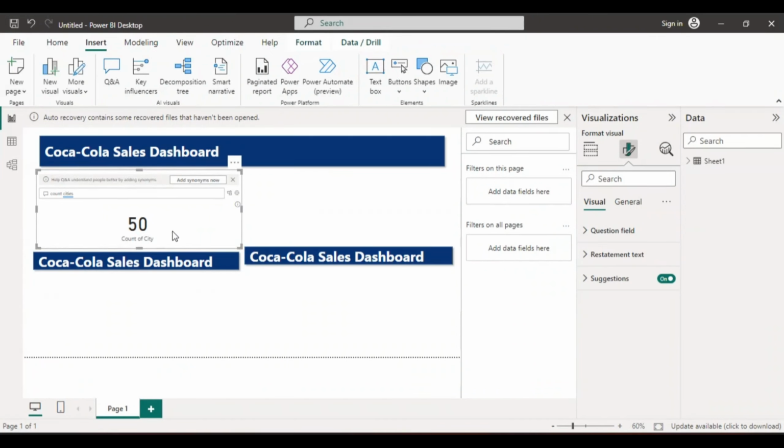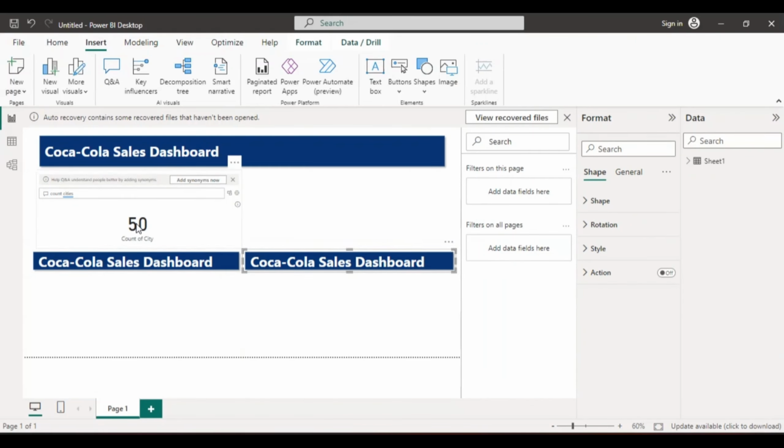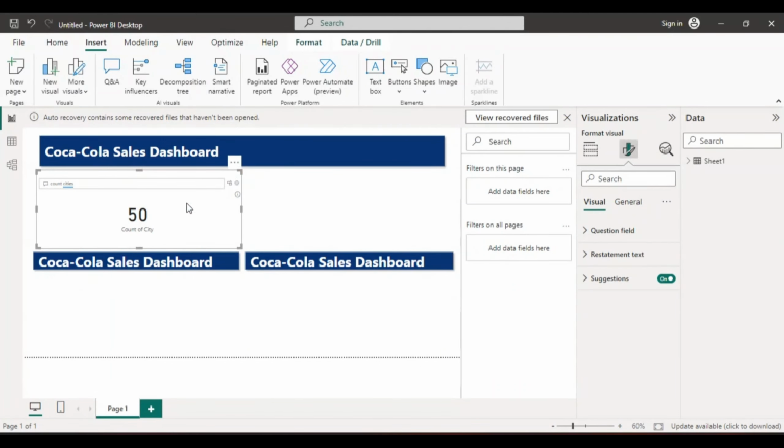Okay, so we can bring this down a bit. So you can also ask a lot of questions. As you're asking the question, you'll be getting your answers. Count of city, you can remove it. Numbers of cities, 50. You can even ask, for instance,